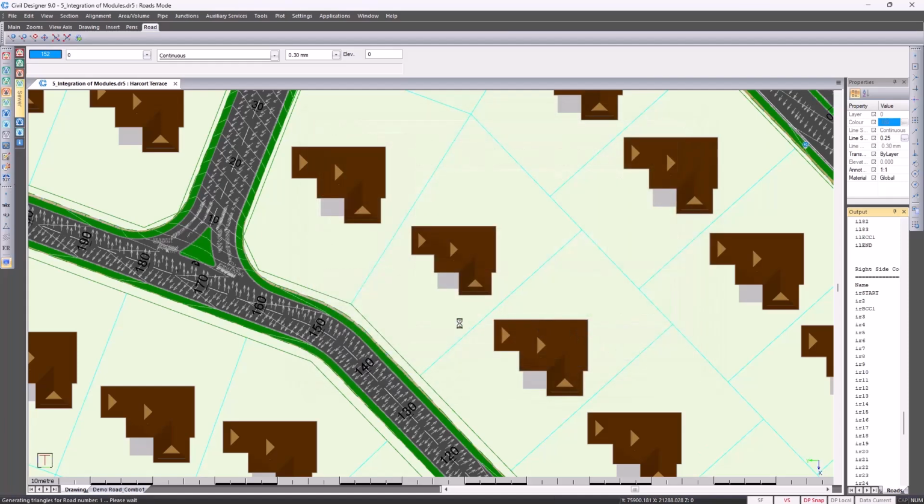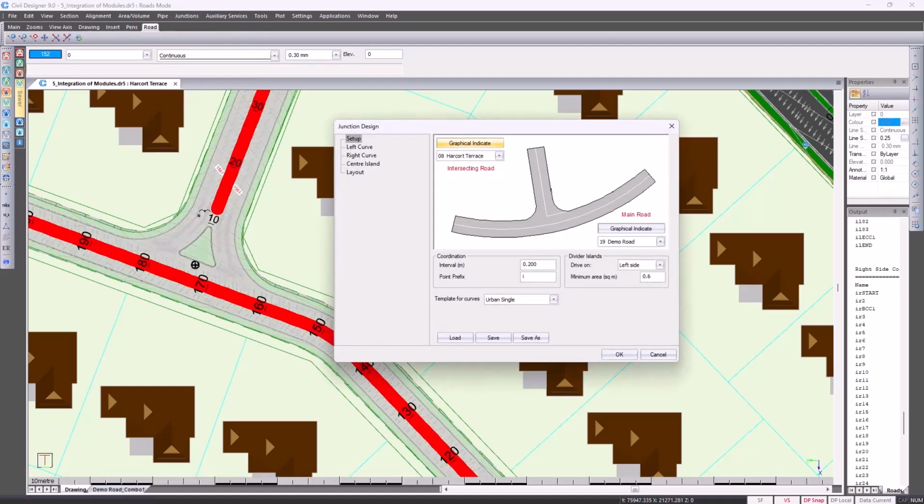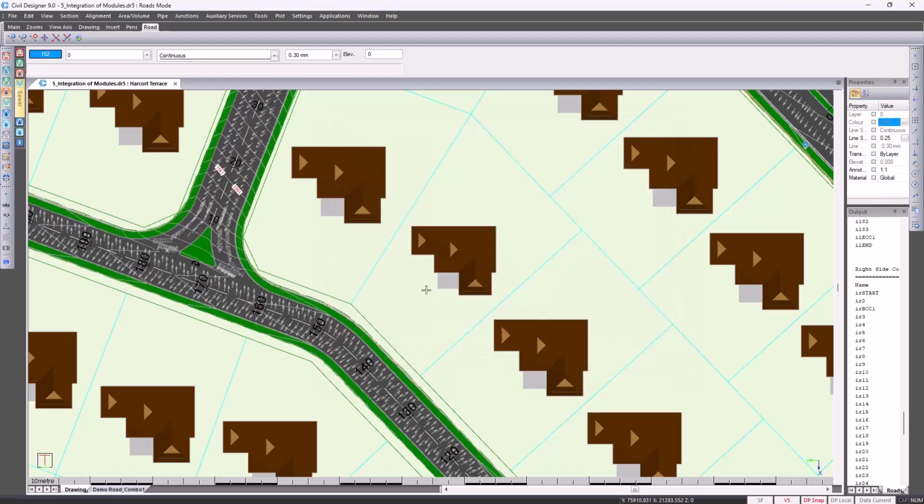The display is updated. Having done this, if you need to go and make changes to your junction, you simply go back to Junctions, Edit Junction, click on the junction. This dialog, as we had it before, comes up again, where again you could go and make changes. If you'd like to alter your bow mouth vertical alignment, you can go back to Junctions, Bow Mouth Editor, select